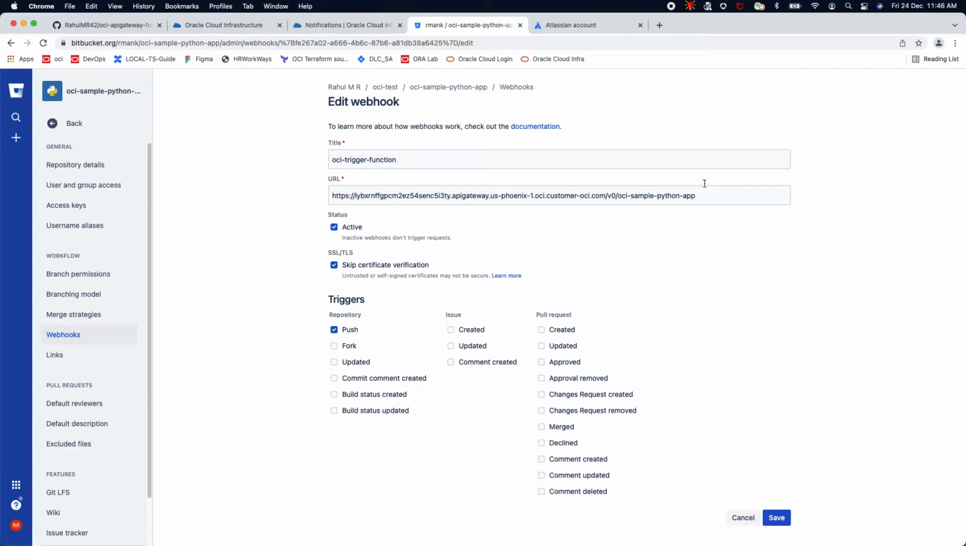Add a title. Put the URL. What is the URL? This URL is a deployment URL, not the gateway URL. Deployment URL slash the route name that you've added. And you could add SSL if you want, and the different triggers for when you want to push it. So for simplicity, I skip the SSL and say, for the push, you invoke this